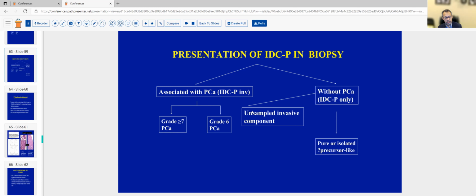intraductal carcinoma are considered to be a retrograde phenomenon, meaning the intraductal carcinoma is spreading within the pre-existing ducts. But in a very rare situation, intraductal carcinoma has also been thought to be potentially a precursor type of lesion. But again, this is quite controversial at this stage, and there is no clear-cut evidence pointing towards both retrograde as well as precursor pathways, particularly precursor pathways. There is a good amount of literature supporting that intraductal carcinoma is typically a retrograde spread phenomenon.